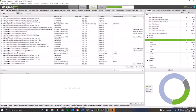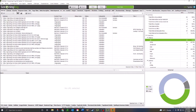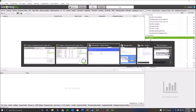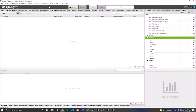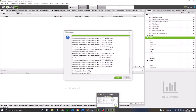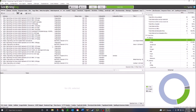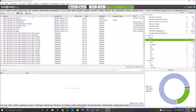So, okay. Not sure why all these image URLs are coming up. Oh, I know. It's because I need to just go to the page sitemap. Okay, this is what we're really interested in. Huh. Okay, did the same thing. Okay, well, we'll just ignore the images. So just looking at the pages,